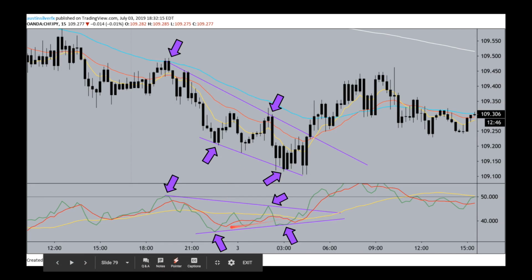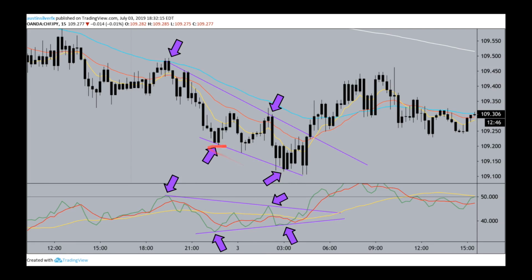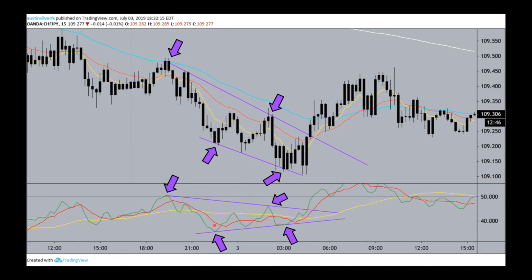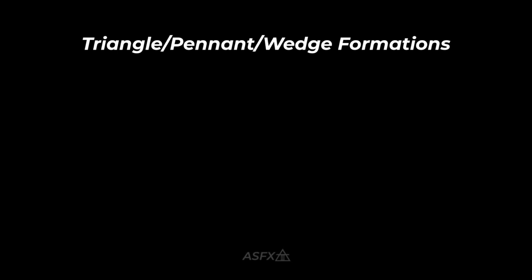Notice RSI is rising from RSI low to price action low. So you see here the RSI low and price action low. If you connect those lines, it's falling on price action, but rising on the TDI. Where does that tell us it's going to go? Higher. You have to trust the TDI. It will not lie.